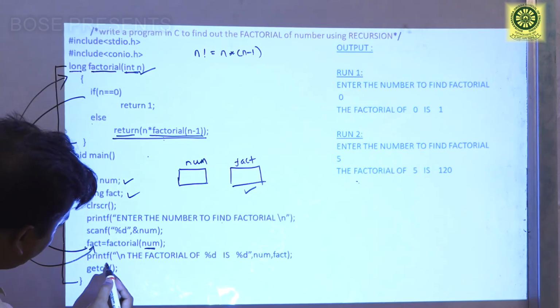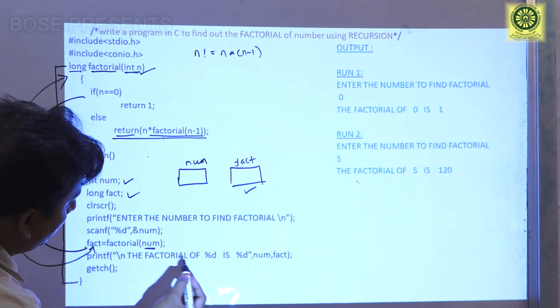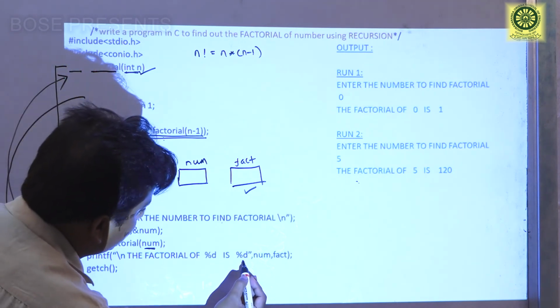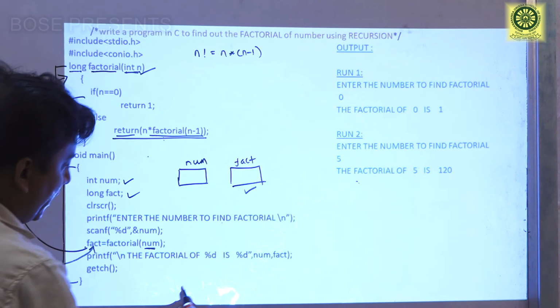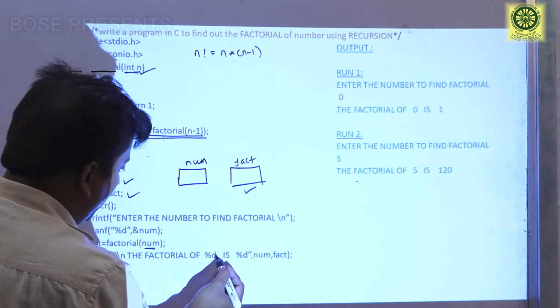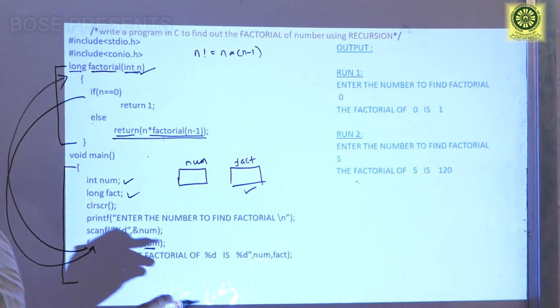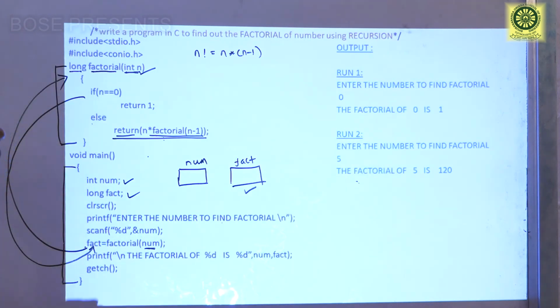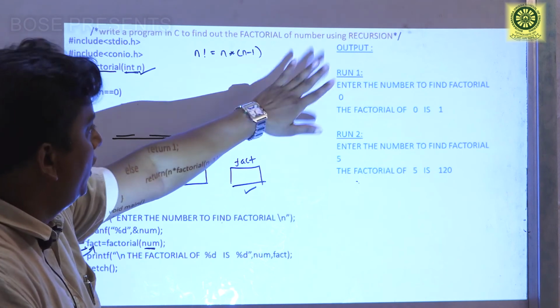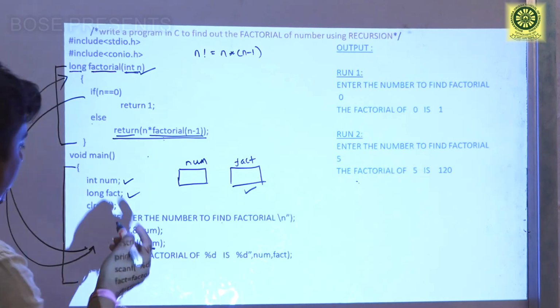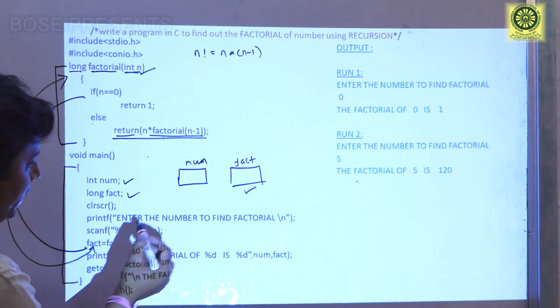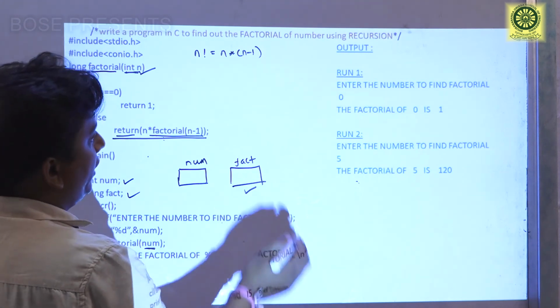In the last printf statement I have written the factorial of %d, norm and fact. That means the factorial of the input number is the calculated number. Here I have printed. So first run, in our output stream, simply this line will be printed: Enter the number to find the factorial.